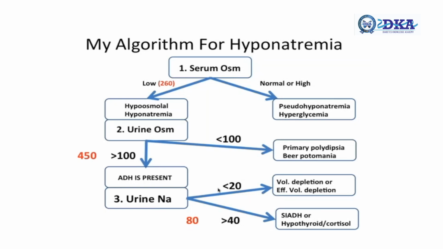Now let us apply this to our given situation. This patient with cirrhosis has a serum osmolality of 260, which is hypoosmolar hyponatremia. In other words, it is not pseudohyponatremia or translocational hyponatremia. And if you look at his urine osmolality, it is 450, which means that ADH is acting. When you check the urine sodium in this patient, it is greater than 40, about 80 milliequivalents. Therefore, this is a clear-cut case of SIADH, or hypothyroidism or cortisol deficiency. Therefore, you should look at the TSH and cortisol, and if they are negative, then